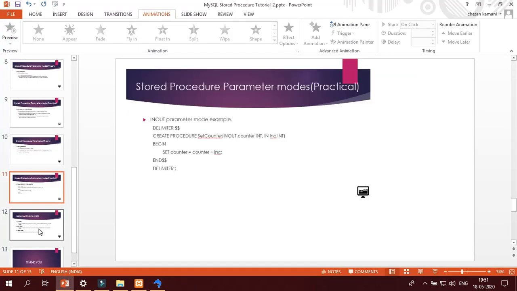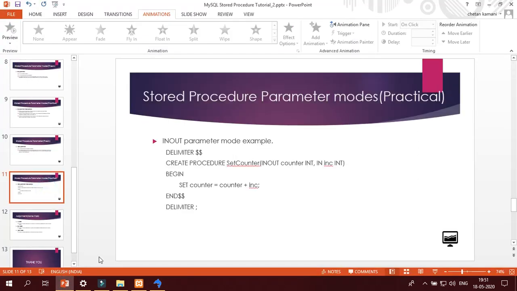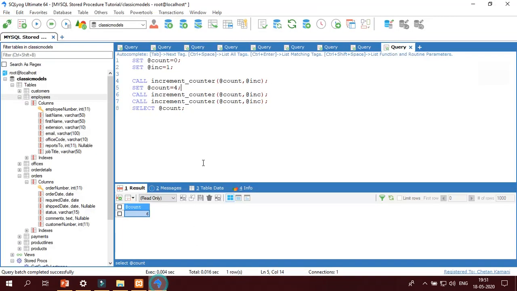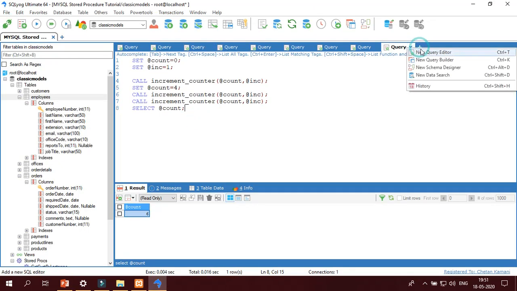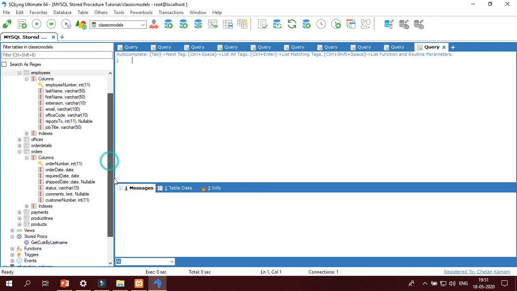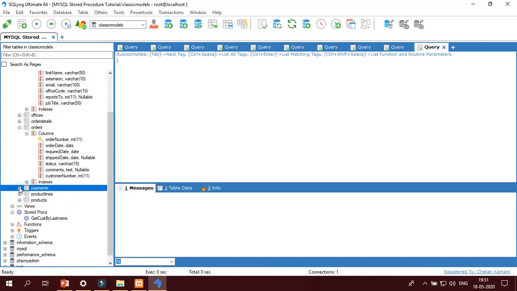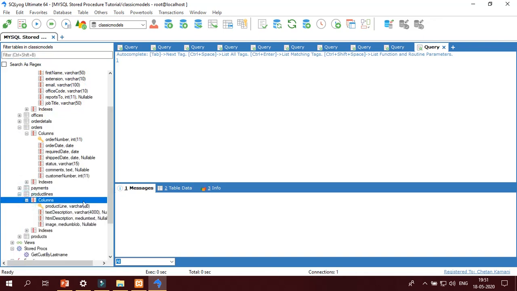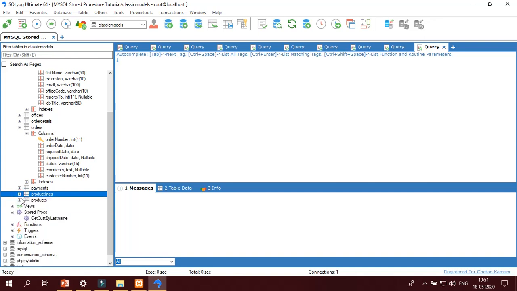Now, I have not created any real-time data related example, but I want to create one now. I want to give a real-time data related example of this INOUT parameter mode. Let me check it. Payment, not product lines.